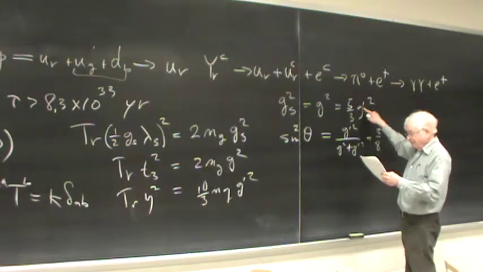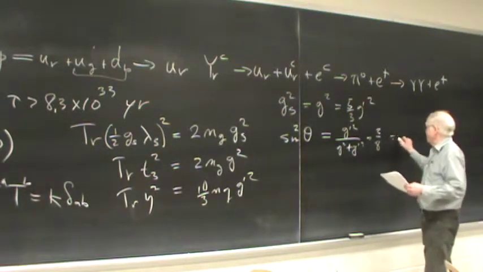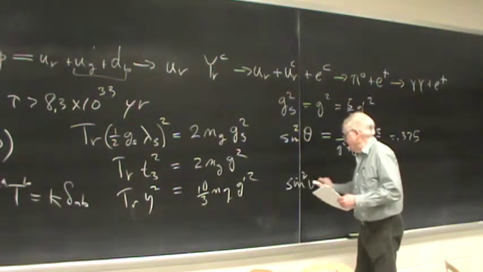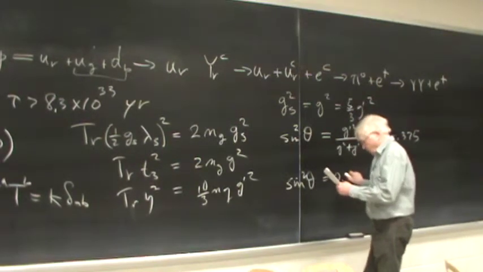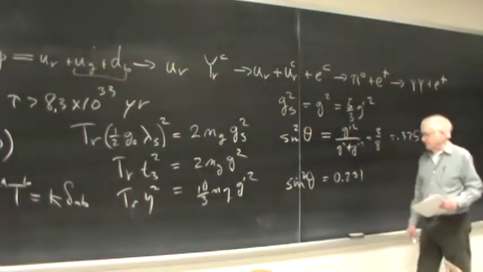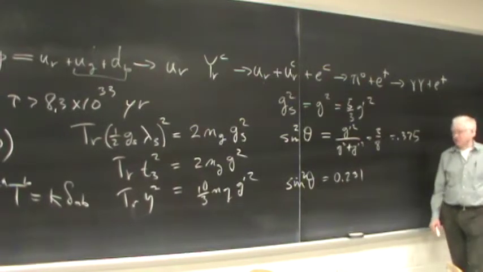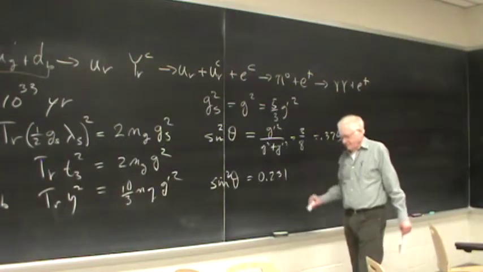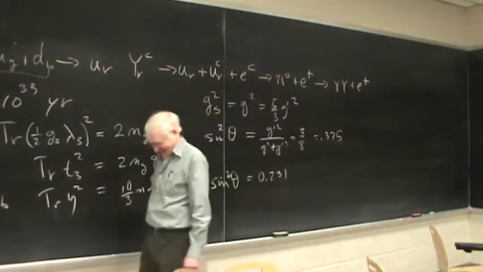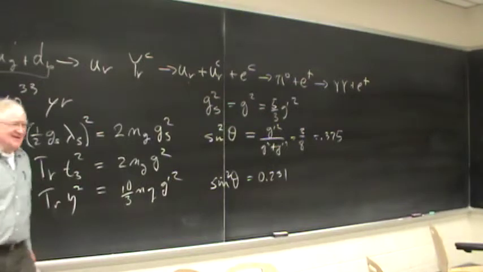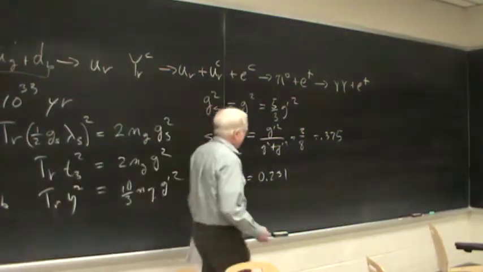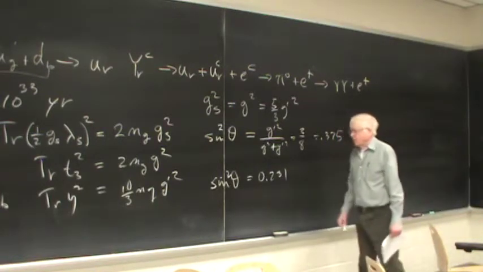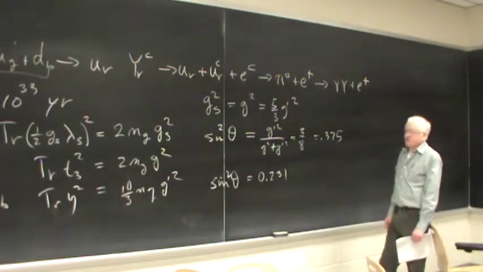3/8, of course, is 0.375. The actual value of sine squared theta is 0.231, or at least that was the value when Weinberg wrote volume 2 of Quantum Field Theory. I'd have been happy with such agreement, but Weinberg isn't, and in fact, other people aren't either. So the question is, how do you arrange for these two to be